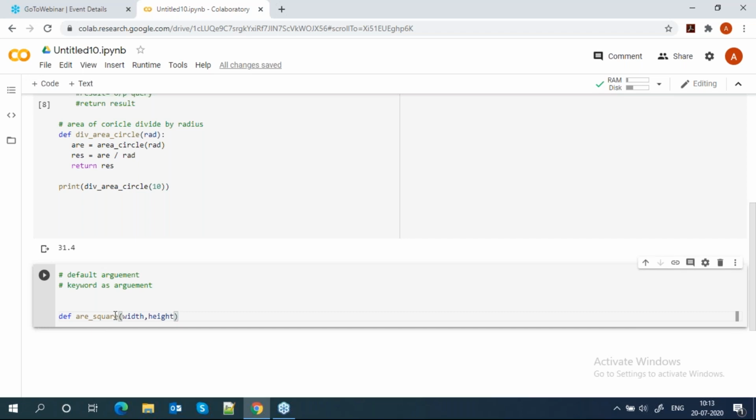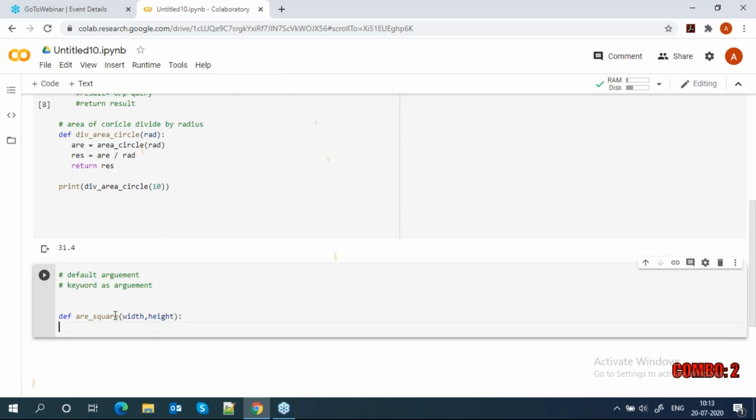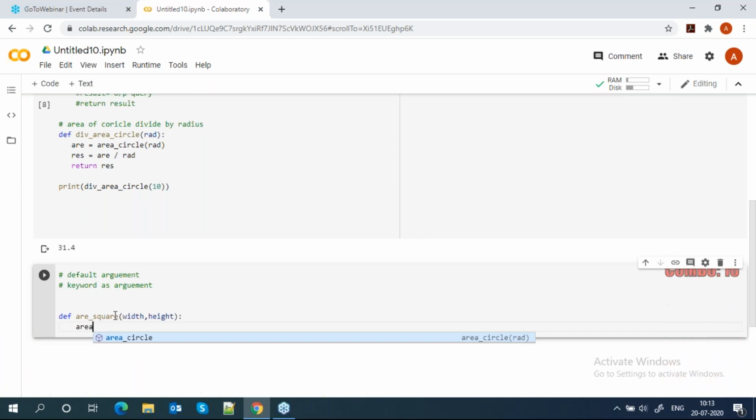Suppose here I pass, I think it is a square, right? Circle is different.